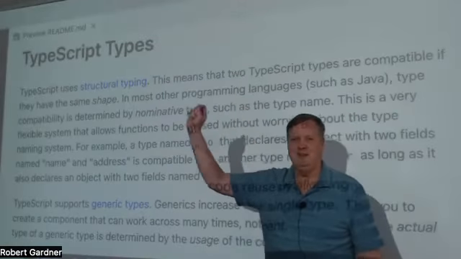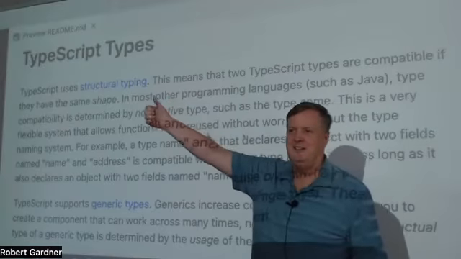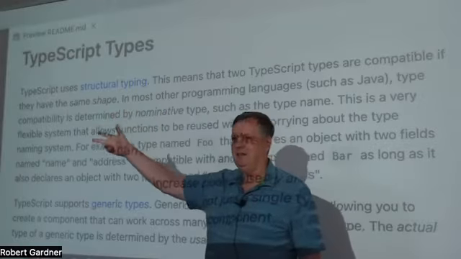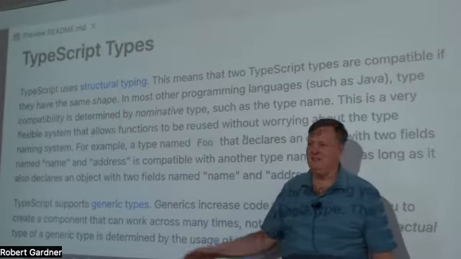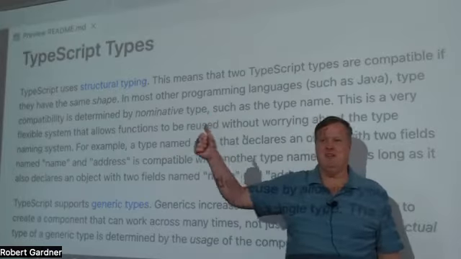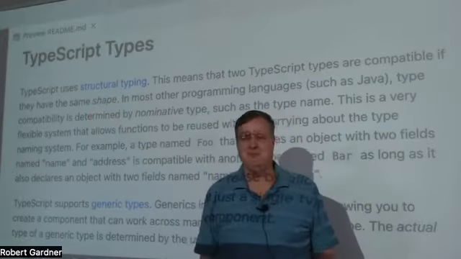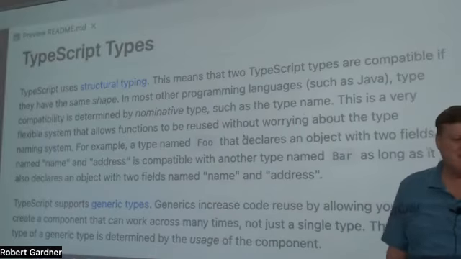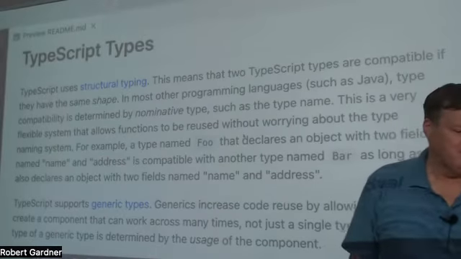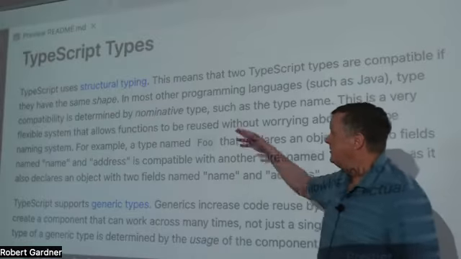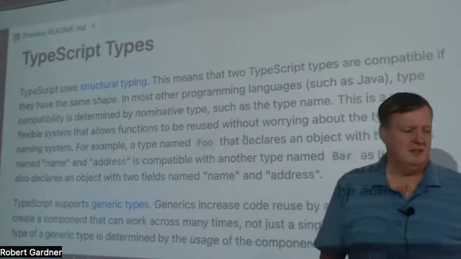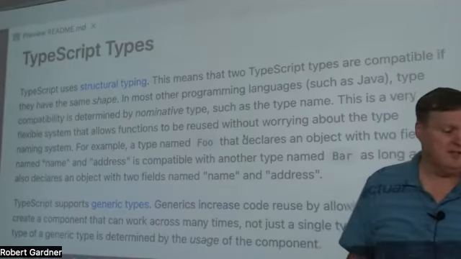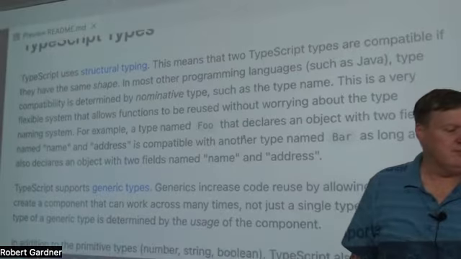It comes from "if it looks like a duck and quacks like a duck, it must be a duck." So that's the idea. It's duck typing. If they look the same and they act the same, then they're the same. If it looks like a duck, acts like a duck, quacks like a duck, then it must be a duck. So that's structural typing. That's the typing system that TypeScript uses. And it was very strange for me when I first started learning to use it. But now that I've gotten used to it and made use of it, I really, really like it. It's a very nice way to think about typing.